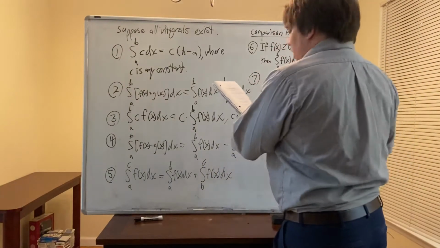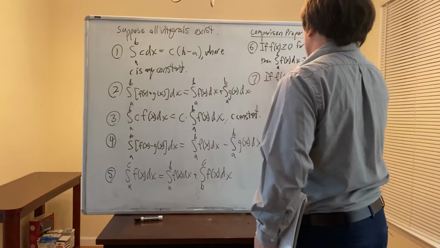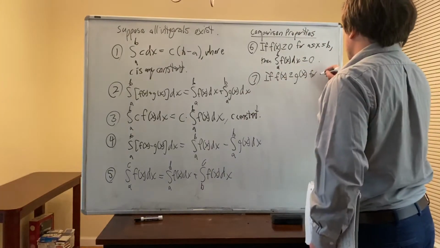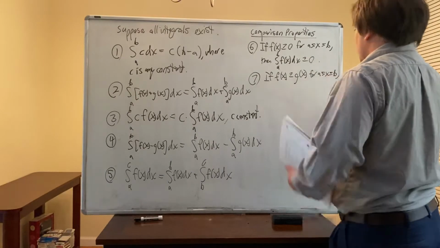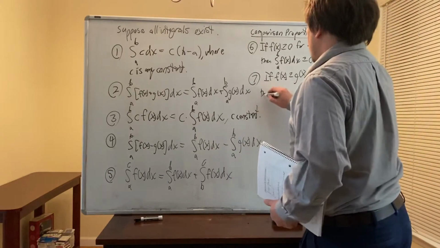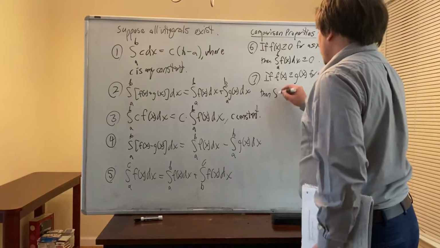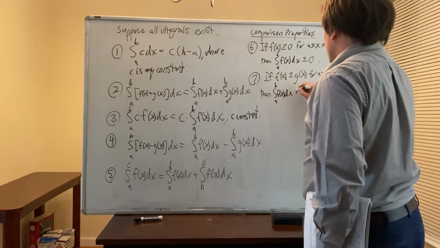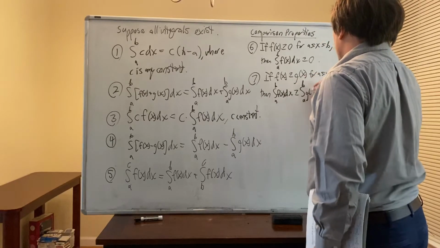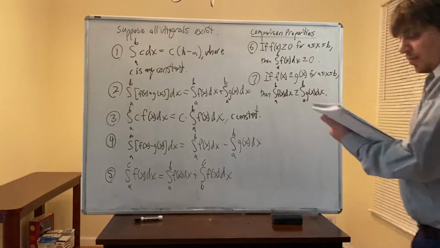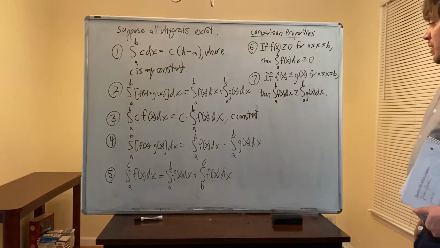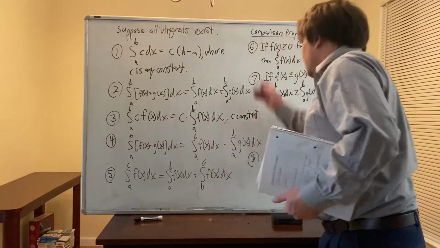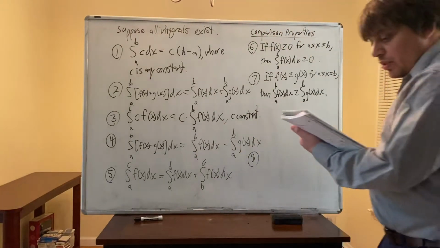7. If f of x is greater than or equal to g of x for a less than or equal to x less than or equal to b, then the definite integral from a to b of f of x dx is greater than or equal to the integral from a to b of g of x dx. And then 8, I'll put 8 here so it's lined up. Okay. So number 8, if